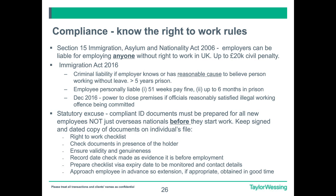Coupled with that, from last year, the Immigration Act 2016 introduced a criminal liability where an employer knows or has reasonable cause to believe that somebody is working without permission in the UK. And the reasonable cause to believe is a much lower threshold than actual knowledge. So it's much easier for the Home Office to show that you may have someone on site and you should have known that they didn't have permission to work. And the maximum penalty under that criminal liability is 5 years in prison. We're not aware of anybody who has been subjected to 5 years in prison, but it is a pretty serious